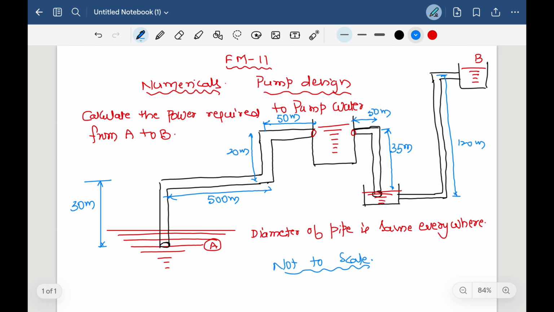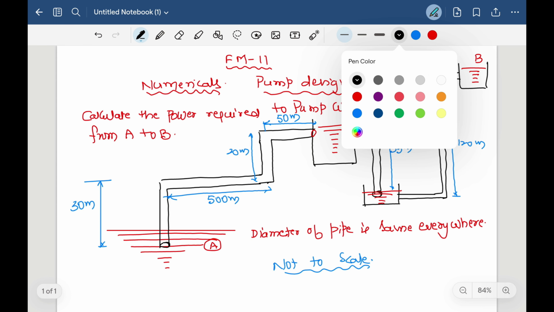In the last 2 classes I have done 2 numericals which were very interesting and very interactive. It's not that values are given to you and you just solve the problem. Instead, you understand the problem well, create your own problem and solve it. In the last 2 classes the problems were typical, the full values which are required were not given, and we derived our own formula and from that we did our calculations. Similarly, in this also,